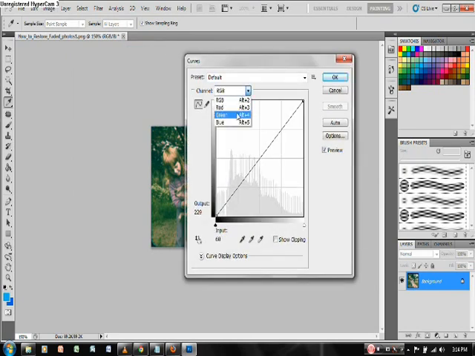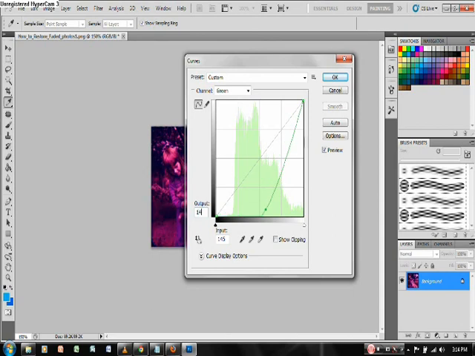Then go back again to image, adjustments, then curves, then select the green channel. In the green channel, let us move this green line, then type in the output 14, then the input 47.